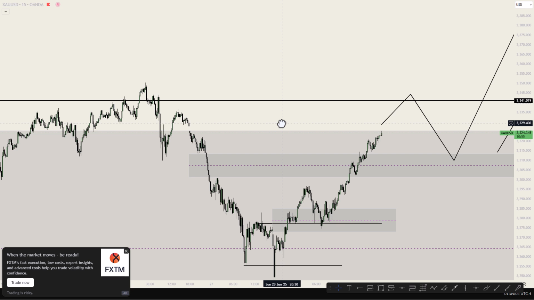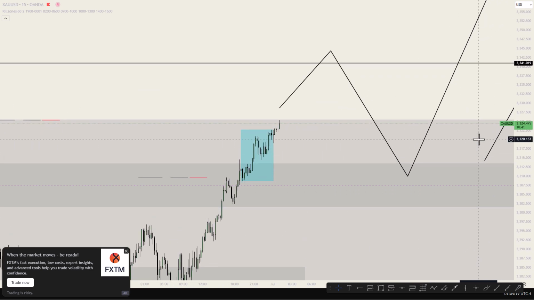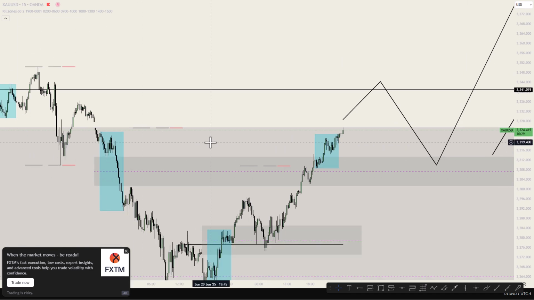On 15 minutes time frame on the gold, we see that price is bullish, and we're expecting price to come here. There's nothing much, but we can put our Asian box to see if we can have an entry on the 15 minutes. On the 15 minutes time frame, I need to see price sweeping this low for me to buy, or sweeping this particular low for me to buy. So guys, this is my outlook on